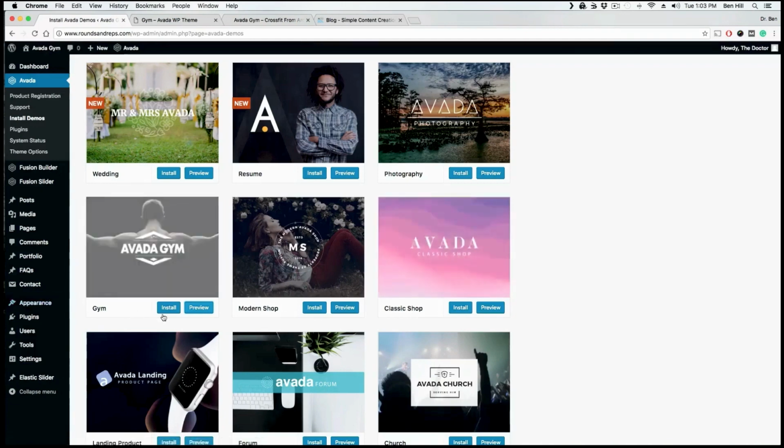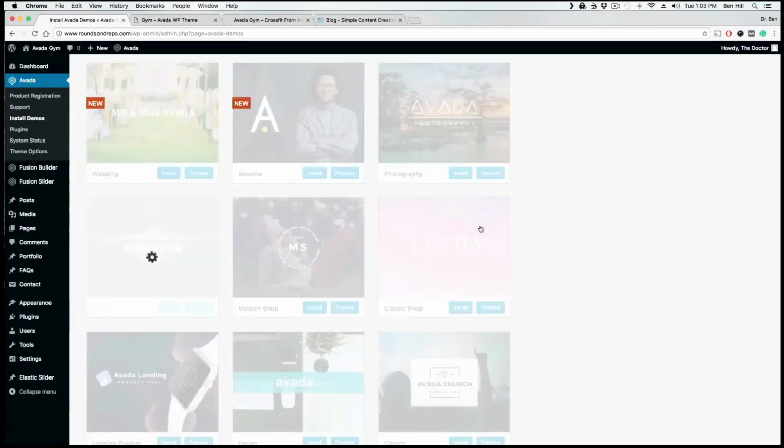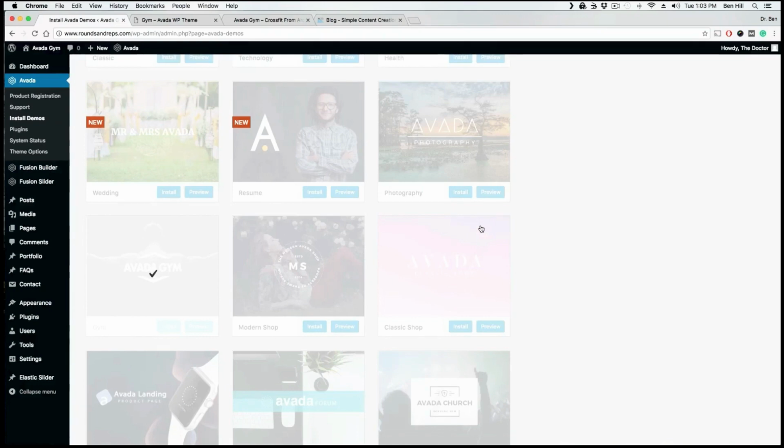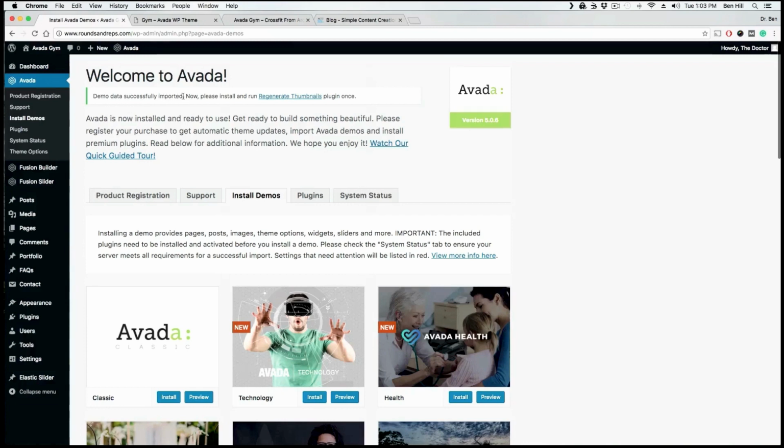So all you have to do is, of course, click Install, hit OK. Now this might take a couple minutes, a couple seconds. It really varies. It depends on your hosting company, but if you go to the top, everything was successfully installed right there. And now there's this plugin that they want you to install, Regenerate Thumbnails, and basically that just resizes all the images. That can be a little bit tedious, but just go ahead and click on that, and